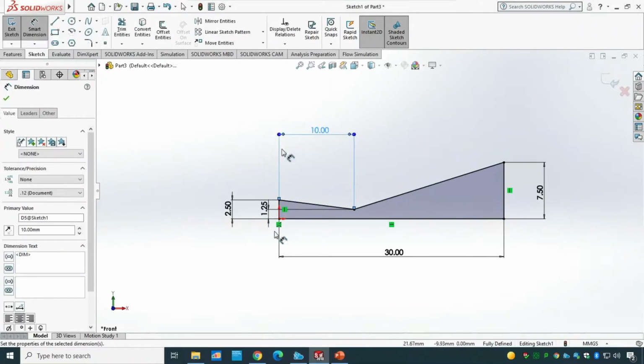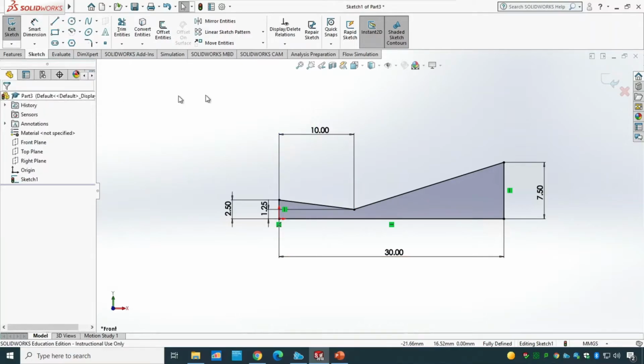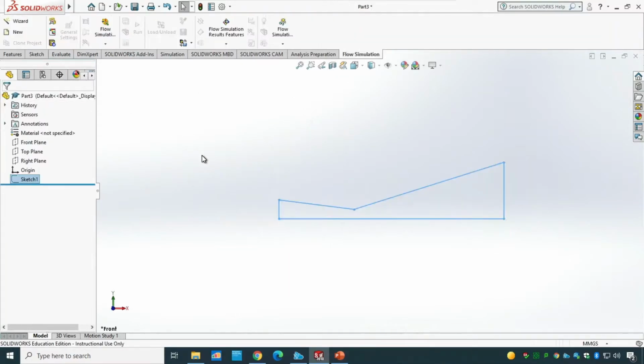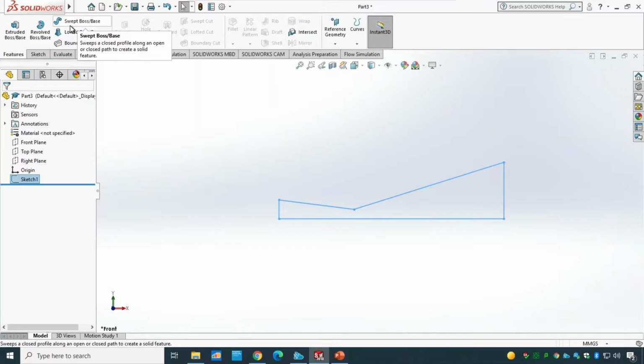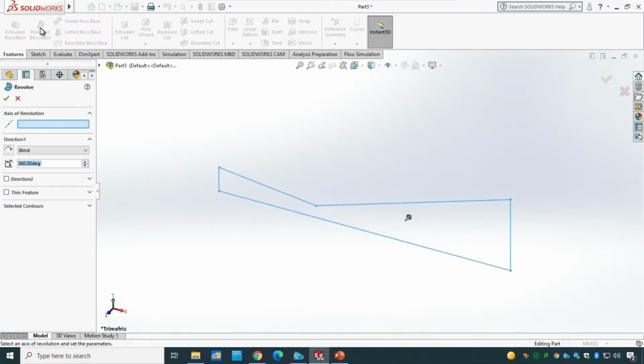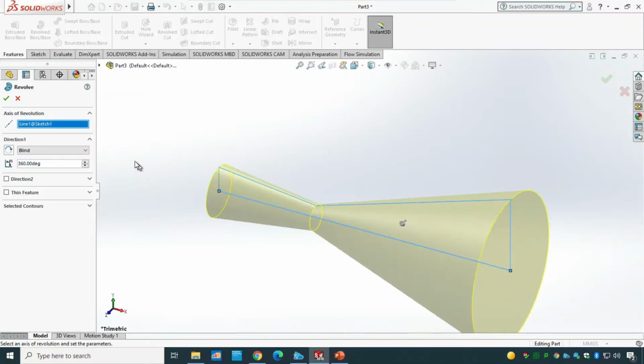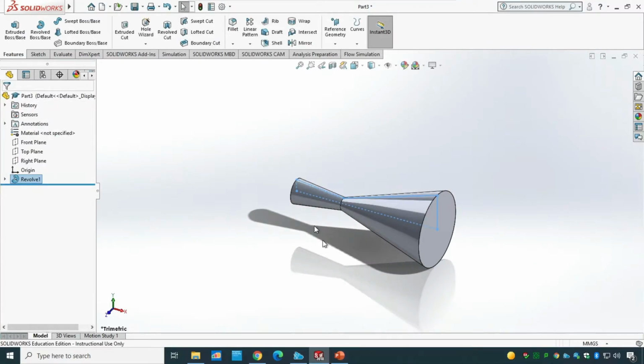So this is what we've done in here. I'm gonna click on OK to close the dimension dialog, exit the sketch, and now I'm gonna use the revolve to go revolve around here. So I'm gonna go to features, click on the revolve, and I'm gonna revolve it around that axis. And what I'm gonna do, I'm gonna click on OK, and you can see this is how I've made the